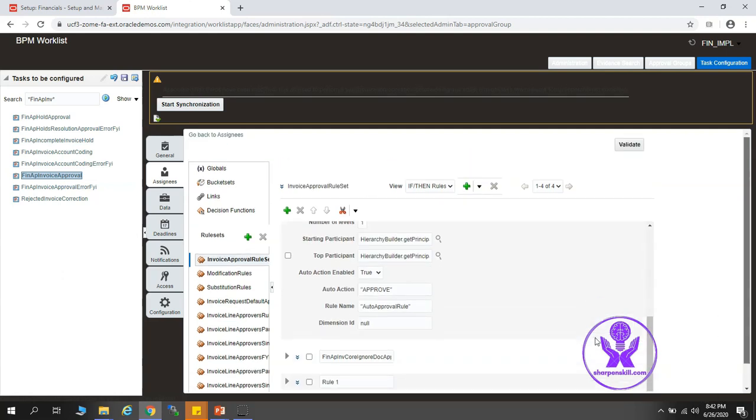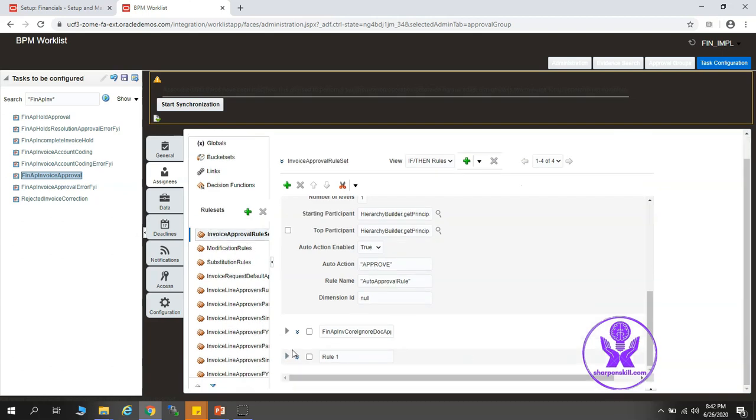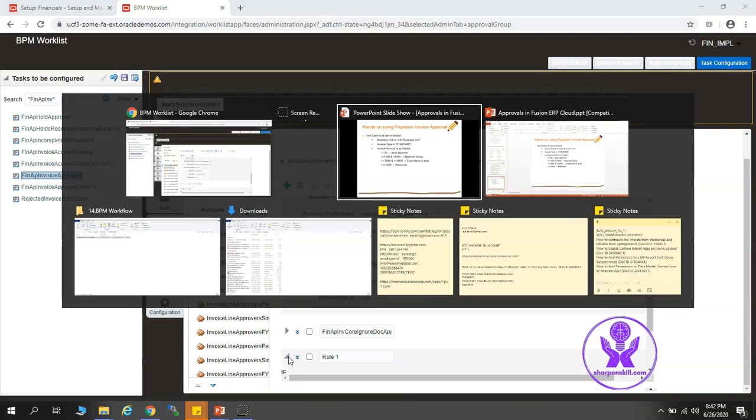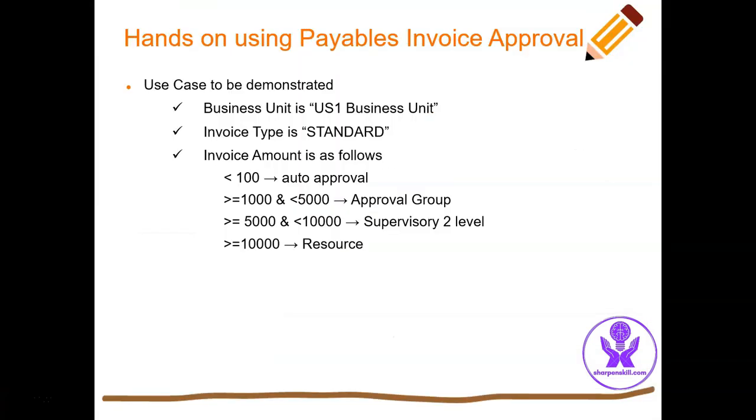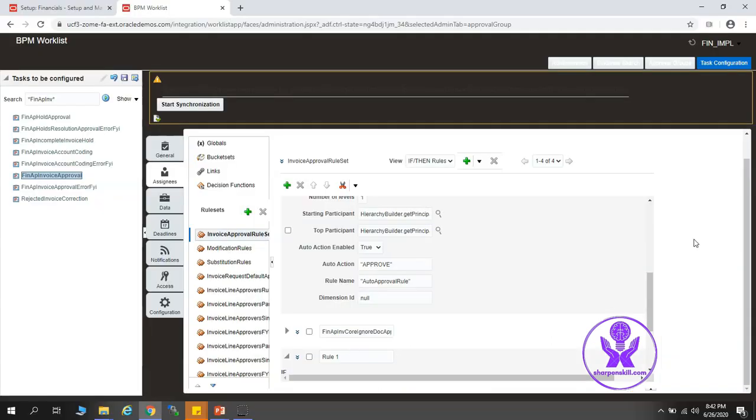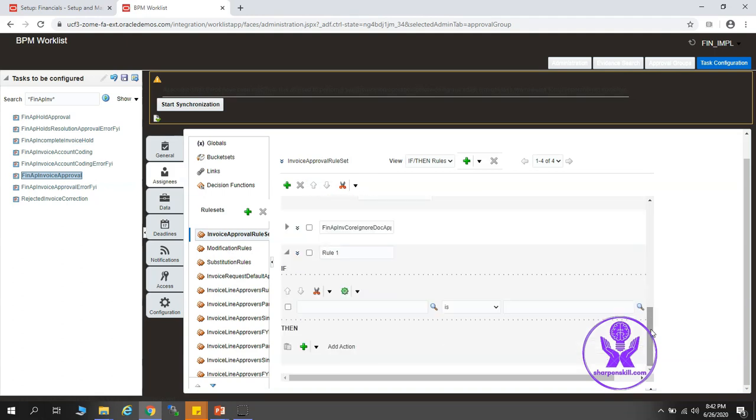So let's configure the second one here, right? So let's take a look at the slide. So the second condition is invoice amount is greater than or equal to $1,000 and less than $5,000. So let's scroll down.